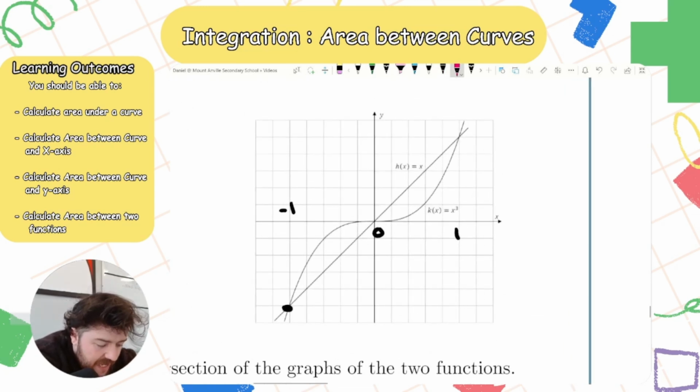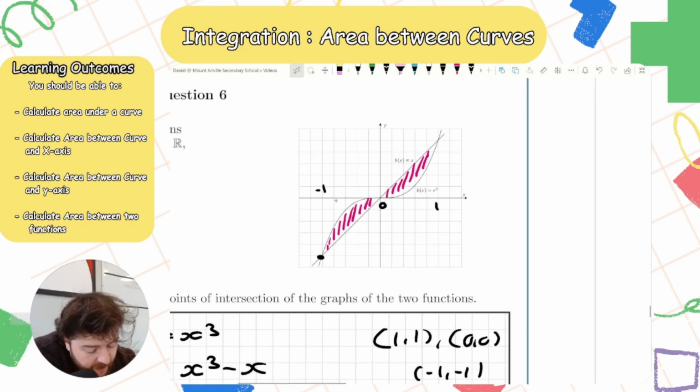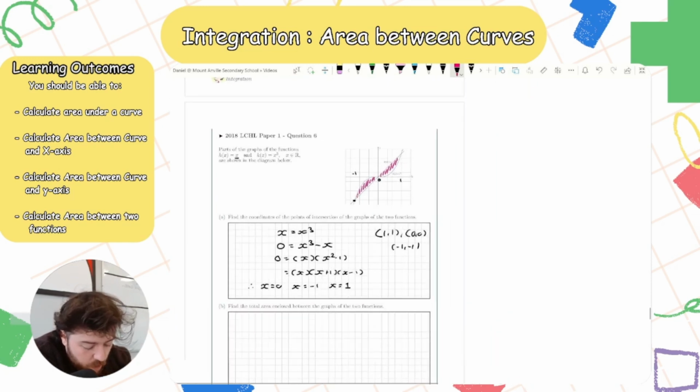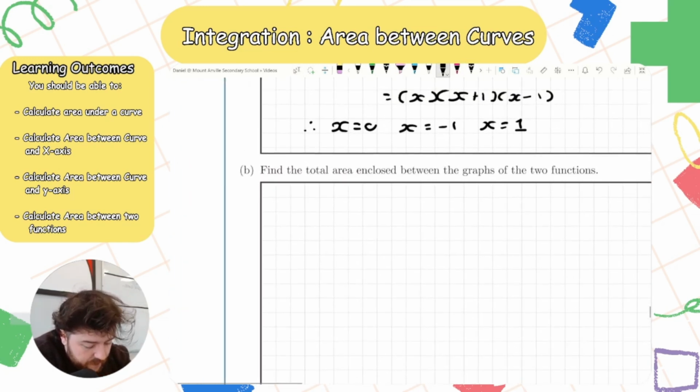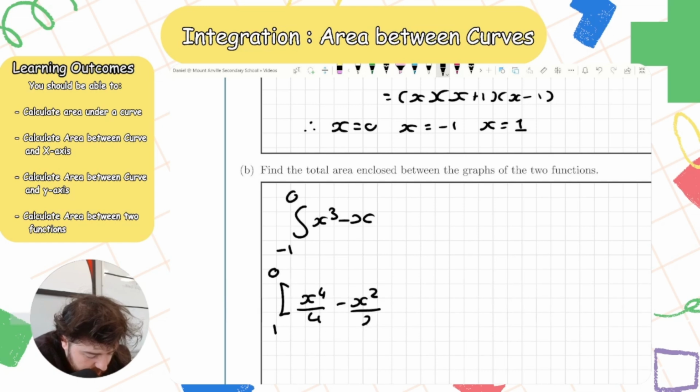So, as I said before, it's important when I'm doing this that I do it separately. So I'm going to find the integral between minus 1 and 0, and then find the integral between 0 and 1. So the integral between minus 1 and 0 of x cubed minus x, subtracting the two functions, is going to be the integral of x to the power of 4 all over 4 minus x squared all over 2,